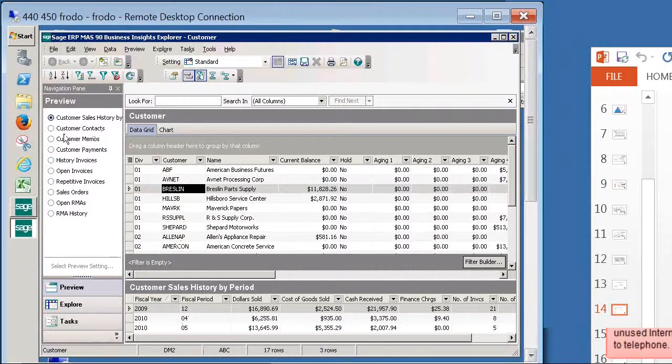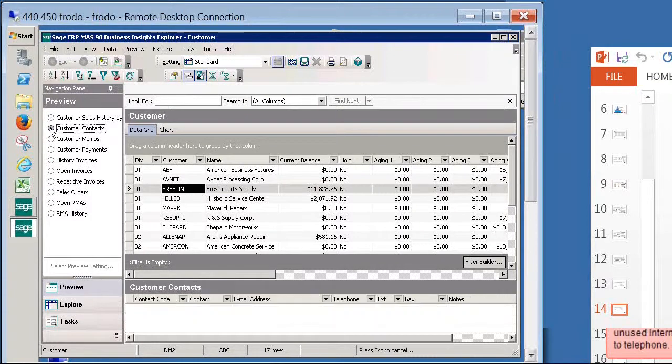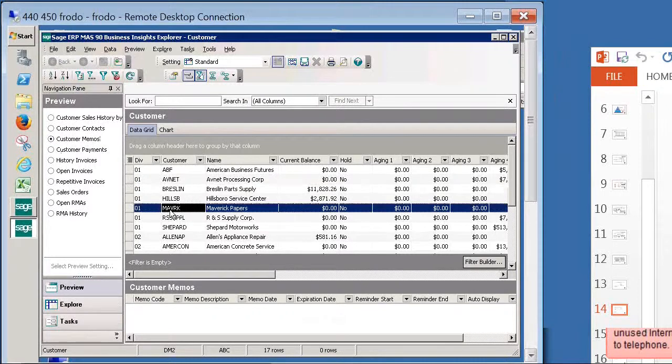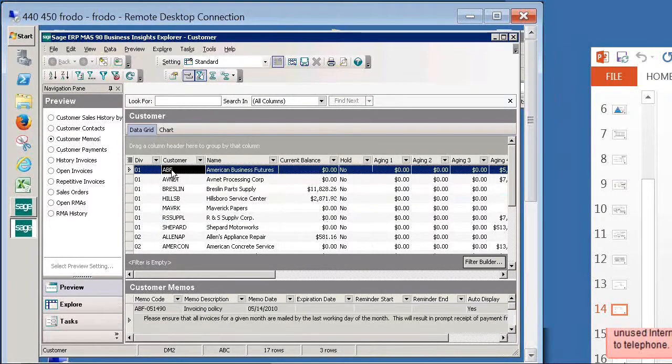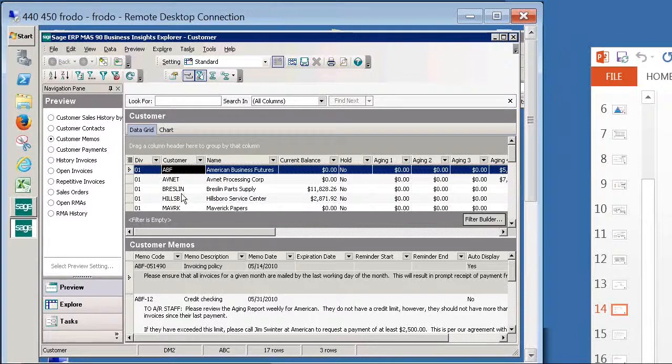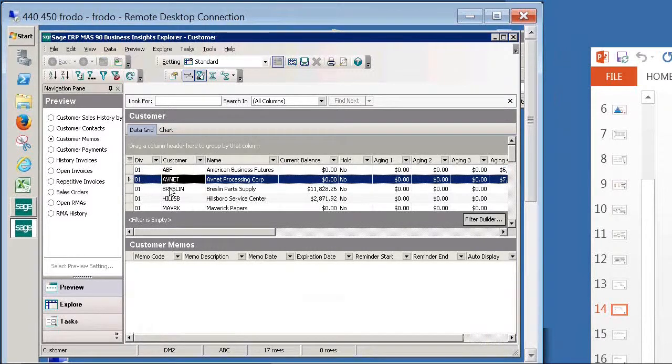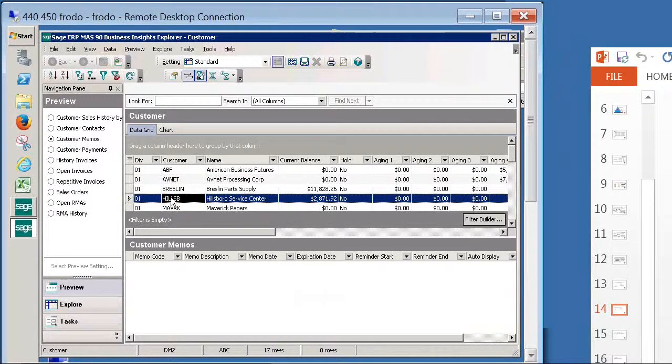So I'm looking at their sales history right now, but if I want to look at their contacts, then I would click this. So for that same customer, instead of looking at their sales history, now I'm looking at their customer contacts. And if I want to see their memos, I click on memos. Let me find someone that's got some. There we go. So at the bottom screen now, these are the customer memos related to ABF. And if there were memos for these other customers, as I click on those customers, you would see their memos